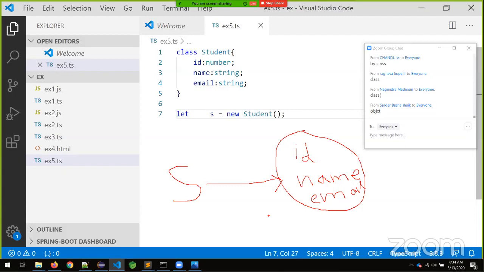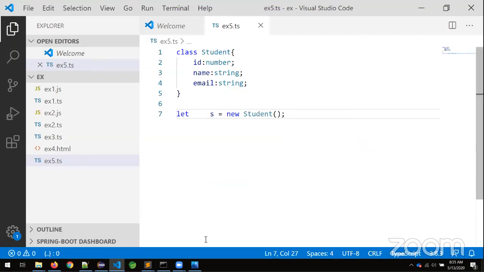Now I am asking how to access the class properties. Observe how to access this object's properties. What is the reference variable we are having, sir? S. So very simple, let me show you, which is very easy.